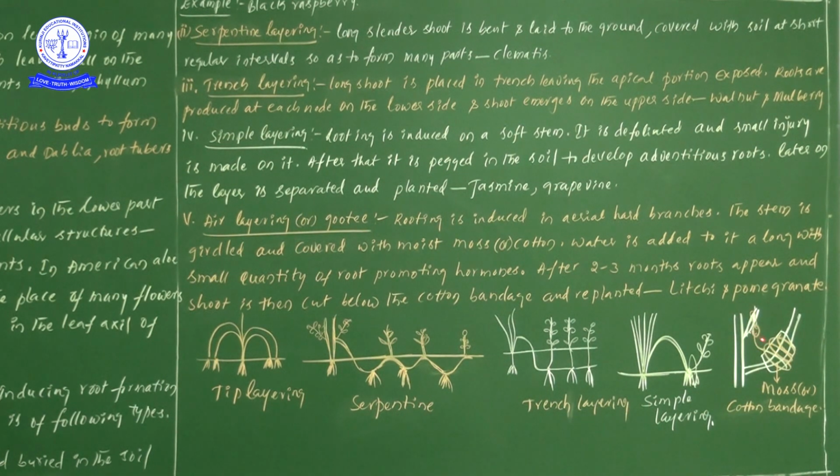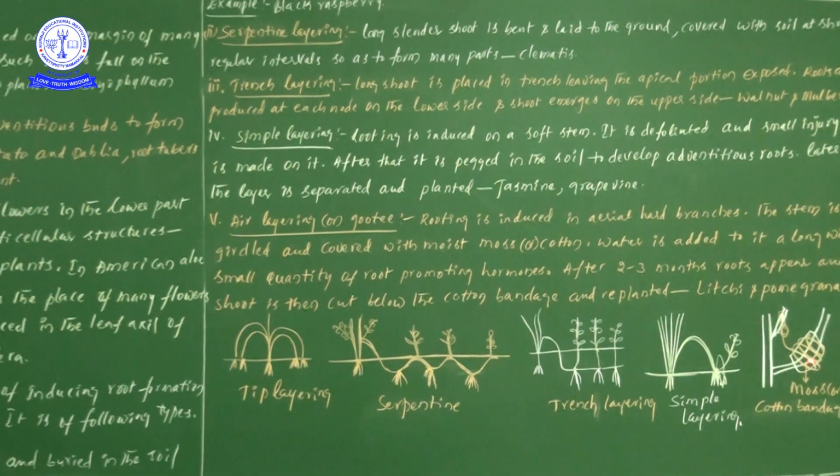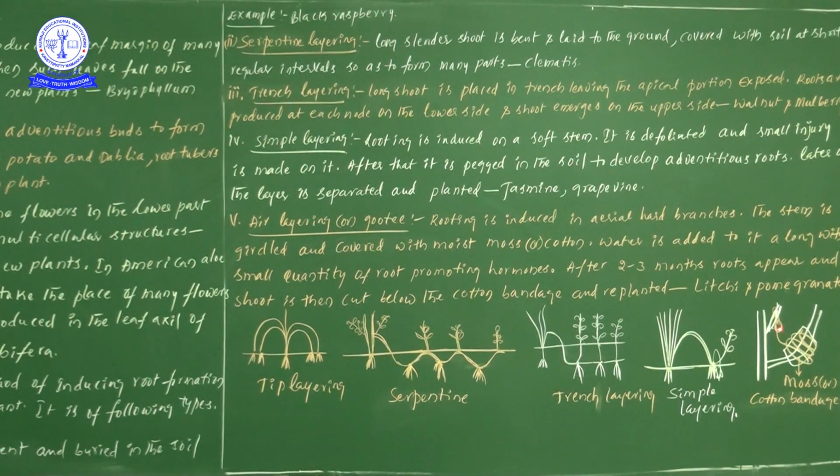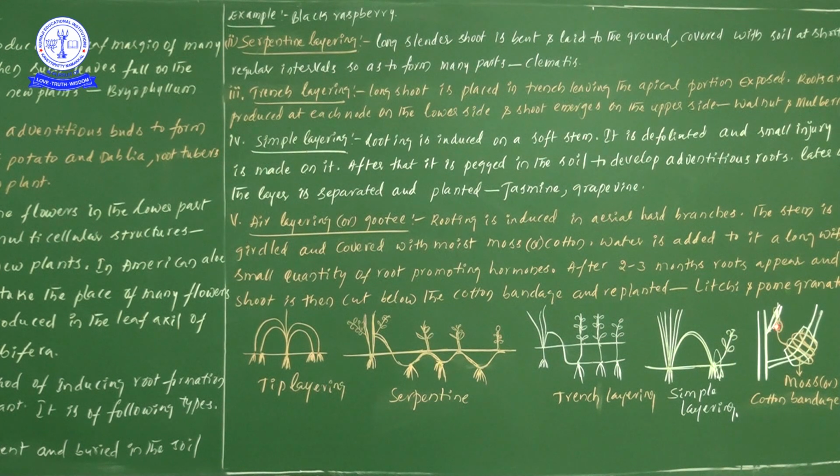With the orange lines, the small coils are a rope, a thin thread-like structure, above which I have drawn a pot. From this pot the water drips down, so that all the time the cotton will be in a wet, moist condition. To maintain the moist condition, I hung one pot here. From this pot we take the water supply through the rope. So thereby what is happening, after 2 to 3 months roots